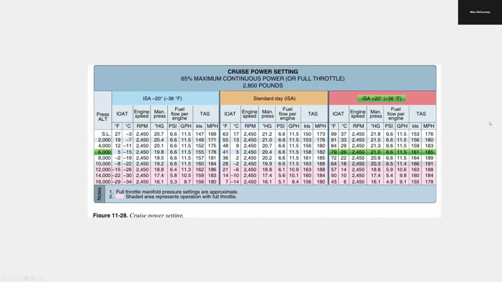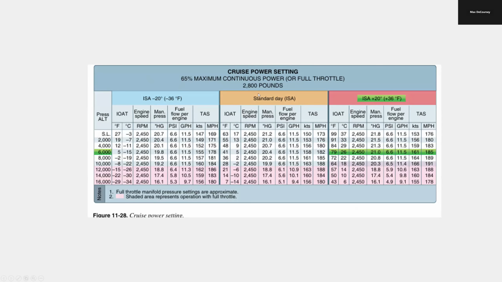Cruise power. We did talk about this when we talked about planning flights, but this is very normal for you to see in terms of a chart in a POH for anything. Takeoff and landing charts can look like this. Cruise power setting charts usually look like this. So what you'll do in this case, it's showing us a 65% max continuous power cruise power setting at 2,800